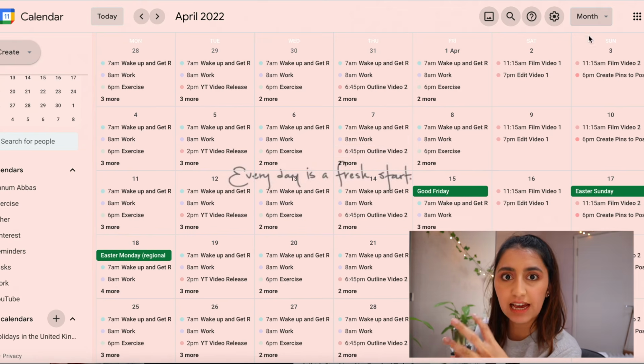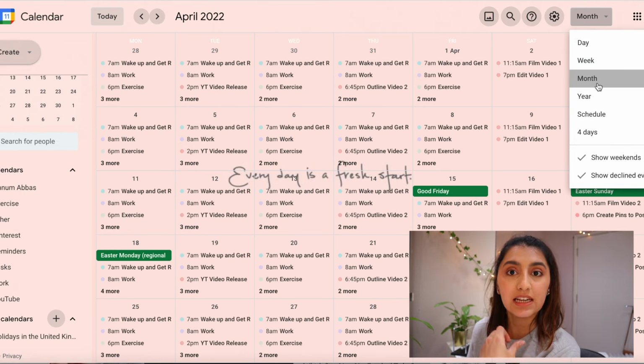By the way, does anyone get really freaked out when they see their calendar like this? Like each day has something that needs to be done. Like it makes me really excited, but at the same time I'm like,